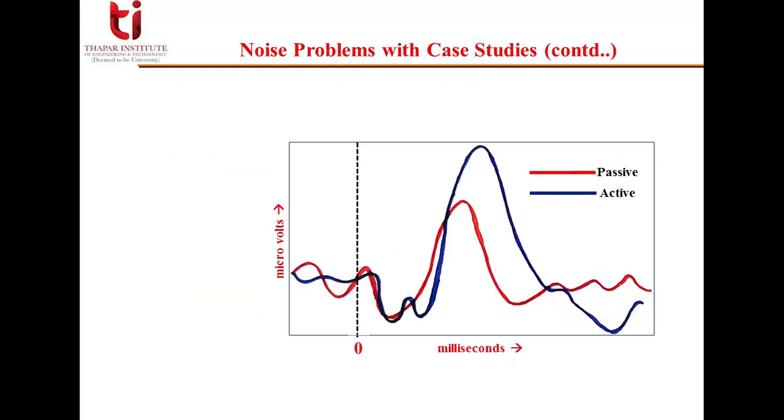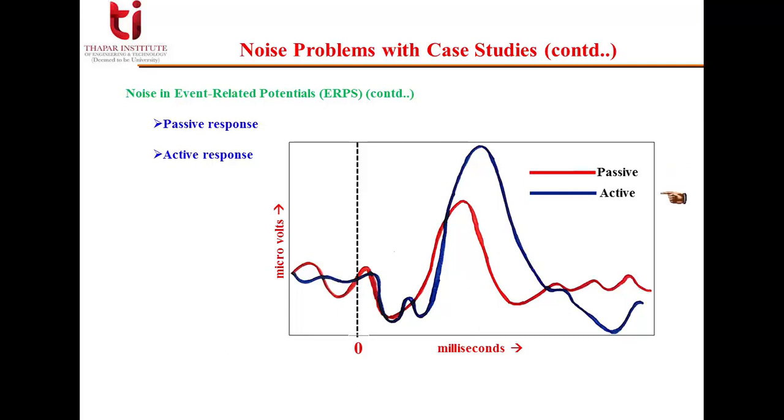Further, in ERP, there can be passive and active kinds of evoked potential. In this figure, as you can see, passive and active potentials are shown, corresponding to an EEG signal. In the passive case, the patient or experimental subject is told to just listen, and because of that, in the parietal lobe there will be some changes in the EEG signal. It means our brain is working, listening to the tune and recognizing that okay, there is a tune played.